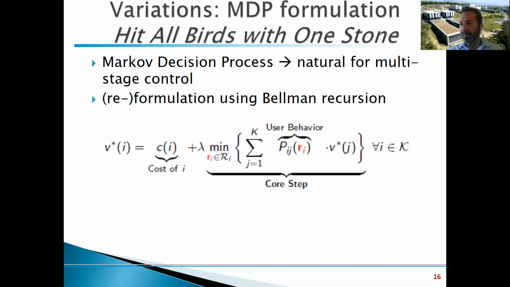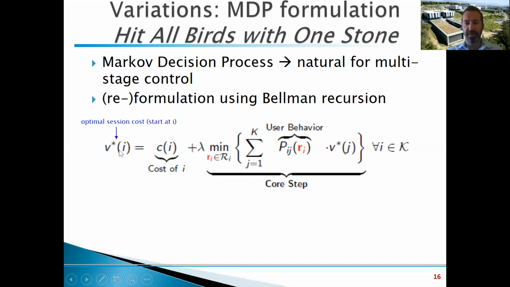So the first step, if you want to apply this, is to try to reformulate the problem that you're trying to solve into the MDP framework. I'm not going to go into too much technical detail here, but the basic step is that you can write down the Bellman optimality equation as a function of the controls that you're doing. Again, the red variables are the recommendation. Now, what is this Bellman recursion? For those of you that might not know,